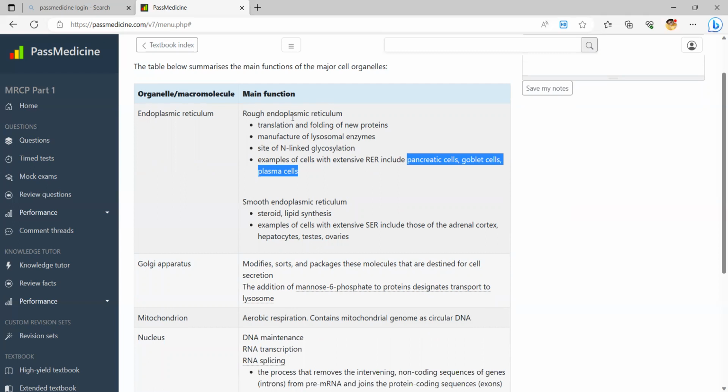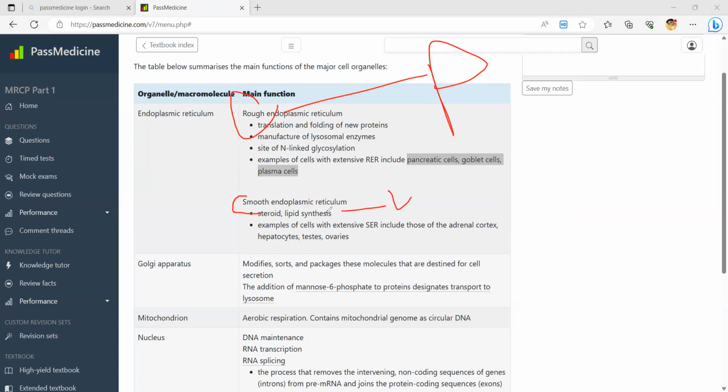Rough endoplasmic reticulum is related to protein synthesis, RP: rough, protein. Rough with the protein, and smooth is related with the steroids or lipid. Examples of cells with extensive smooth endoplasmic reticulum include those of the